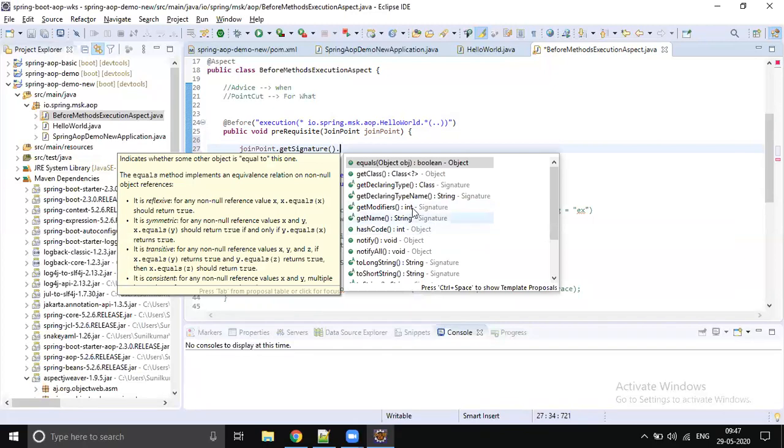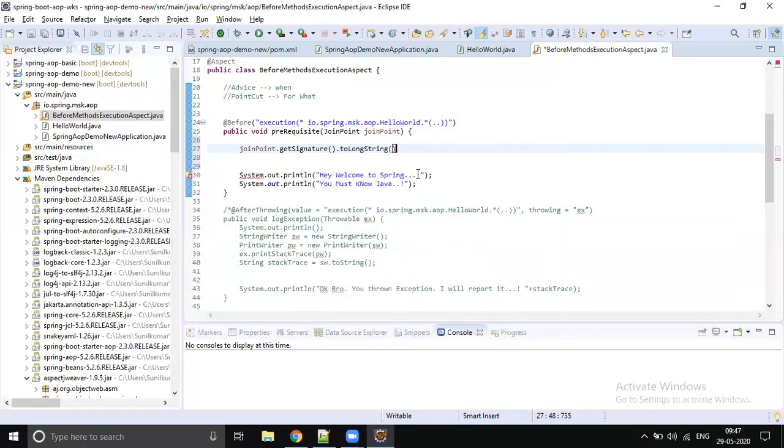Let's select toLongString. So by using this, you can print some information about what method is getting executed at this point of time. Usually AOP is configured globally, for every method in this class, in this package, in our application.